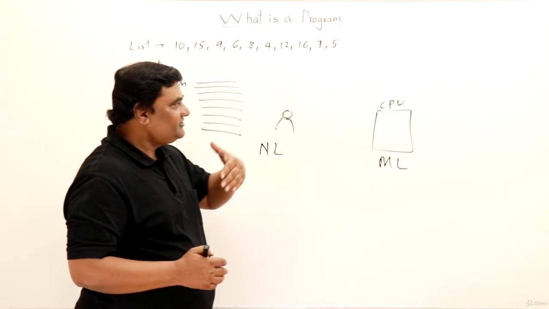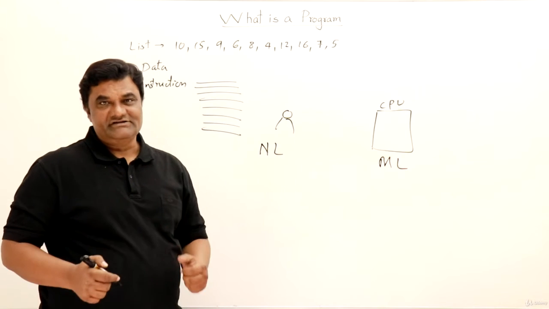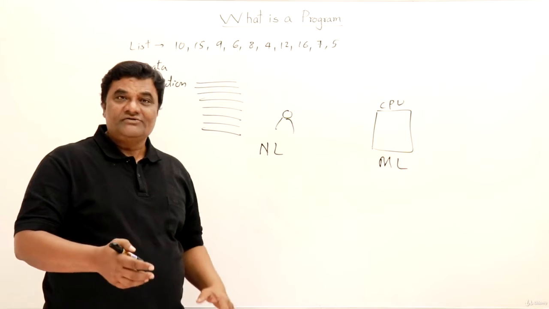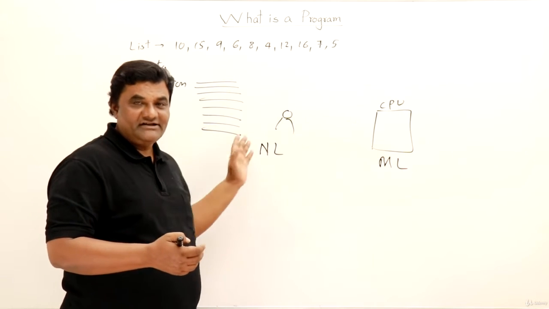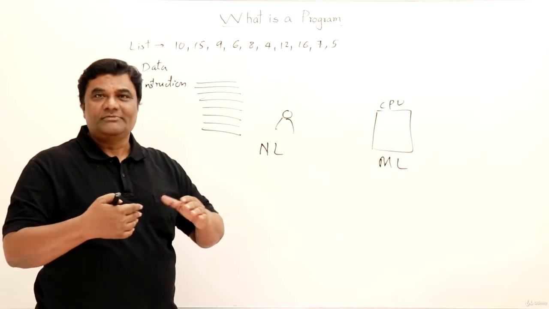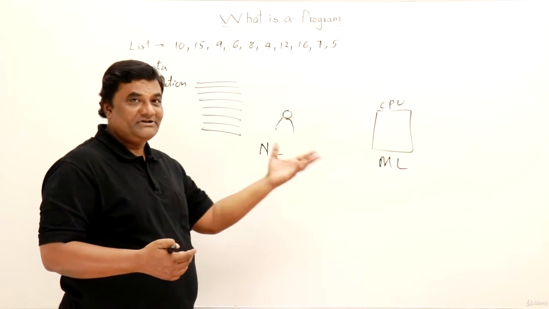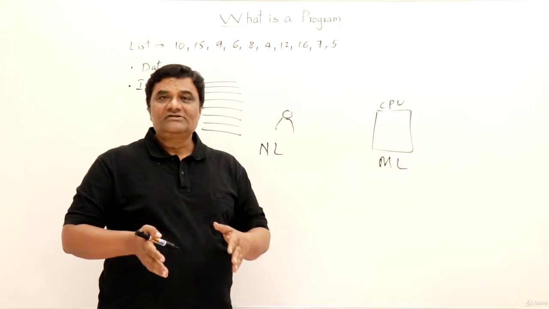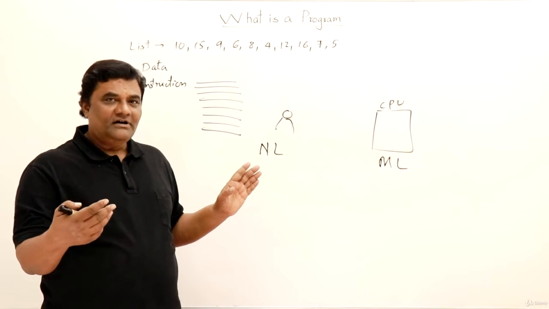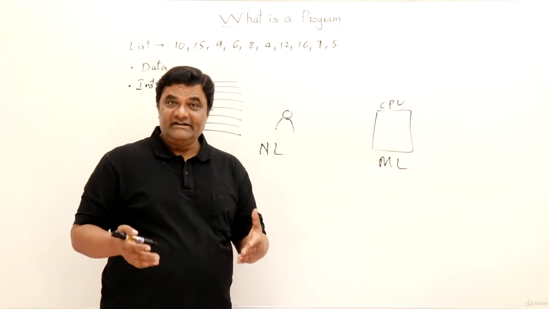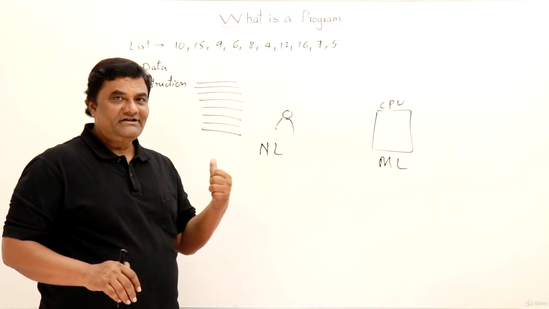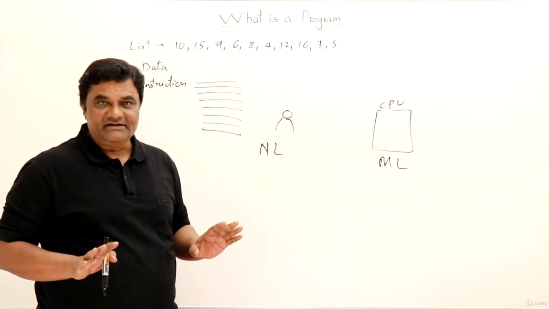Now we want our machine to learn our procedures. So we have to learn either machine language or we should develop our machine so that they understand natural language. Any one of these, right? Now either way it's not possible. We can't learn machine language and computers are not so much developed that they understand natural language. Recent computers have some artificial intelligence that is useful for pulling the data but not for programming it. For programming, the machine should understand natural language. So this is not yet happening, right?